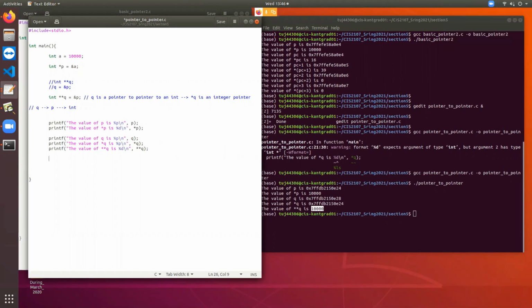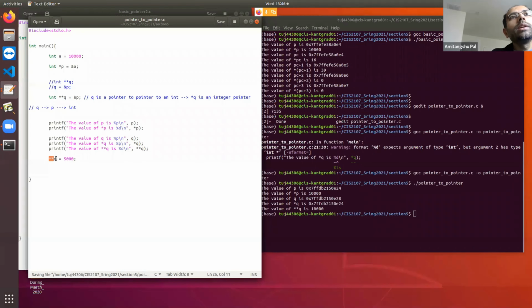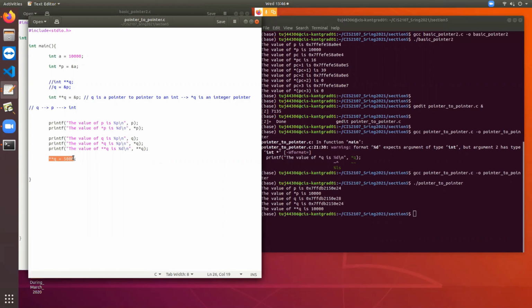All right. So now if I write **q equal to say 5,000, what will happen in the memory location? If you just remember the picture, it will change the value of a. Basically **q is the same as *p, which is basically a.